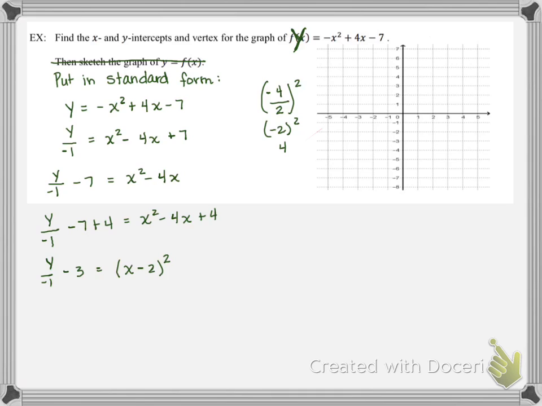Now my goal here is to put this in standard form, which means I want it to say f of x equals something. So now that I've completed the square, all that stuff on the left side has to come back over. So I have to solve this for y. How should I go about that? What's the first thing I should do to solve for y? I could multiply by -1, but typically, what do we get rid of first when we're solving? Yeah, the addition, subtraction, right? So if we add 3 to both sides,